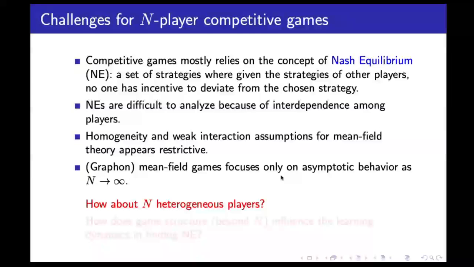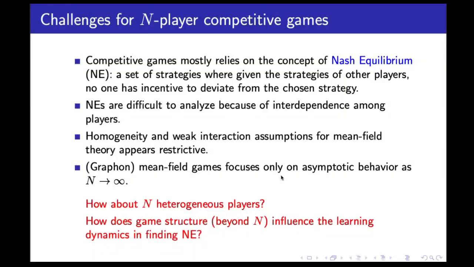So our question here is that we want to target finitely many players, possibly heterogeneous players. So players are different. They can have different rewards, different state transition structures, different action sets, and so on. How do we analyze it in this case?